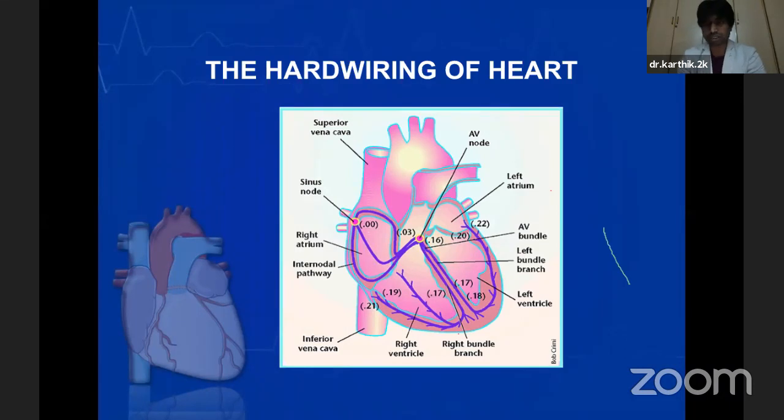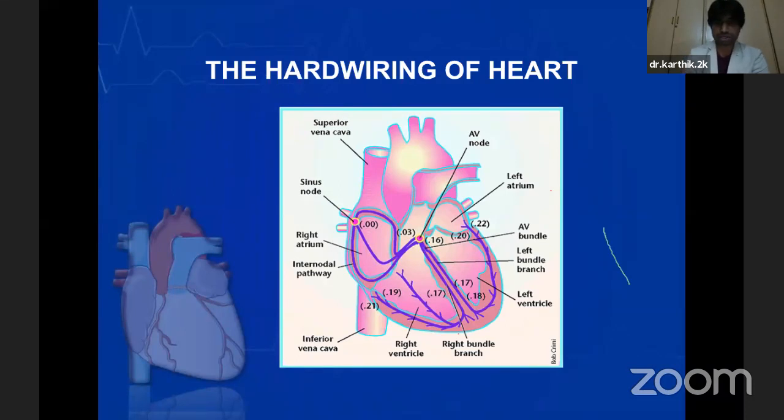The impure, deoxygenated blood flows from all over the body and reaches the right atrium, and from the right atrium it reaches the right ventricle across the atrioventricular valve, also called the tricuspid valve, from where the blood is pumped into the lungs through the pulmonary arteries. There it picks up oxygen from the lung tissue and reaches the left side of the heart, the left atrium, through the pulmonary veins. Then the blood flows from the atrium into the left ventricle, which pumps the blood into the circulatory system through the aorta, the great vessel.